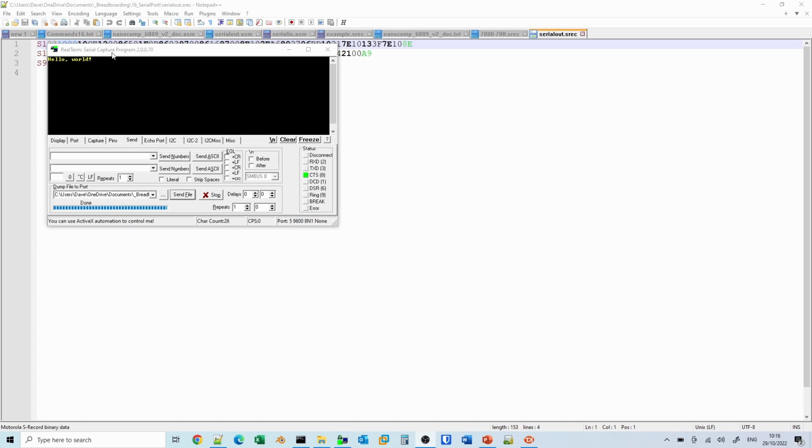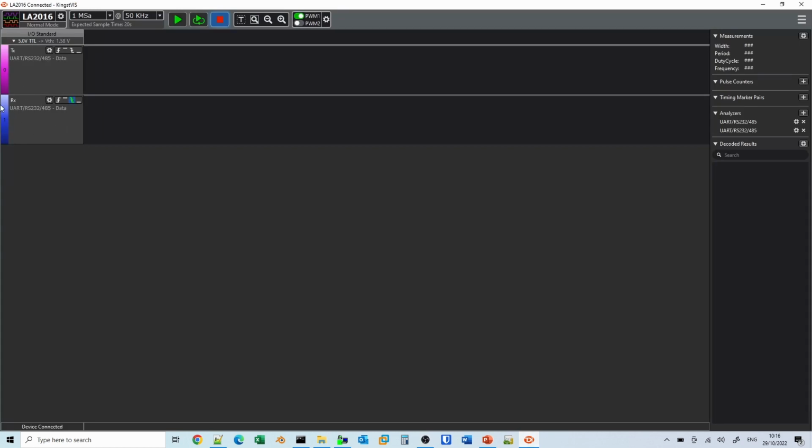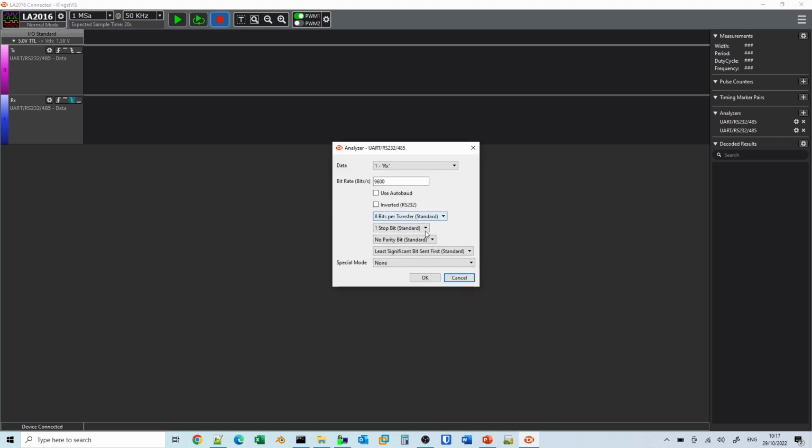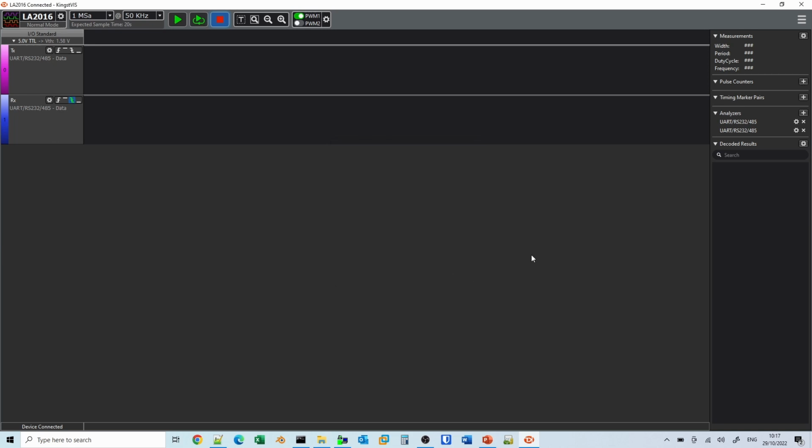What I'm going to do now is switch on the logic analyzer and repeat that, and see what the logic analyzer shows for this. We're going to look at the download first, so it's configured for receive. The logic analyzer is set up on the receive port. We have an analyzer which is a UART RS232. This means it will understand the baud rate and 8 bits, one stop bit, no parity. As long as you have this correct, it should be able to understand the serial communications. On the display format, it should be showing the ASCII and the hex.